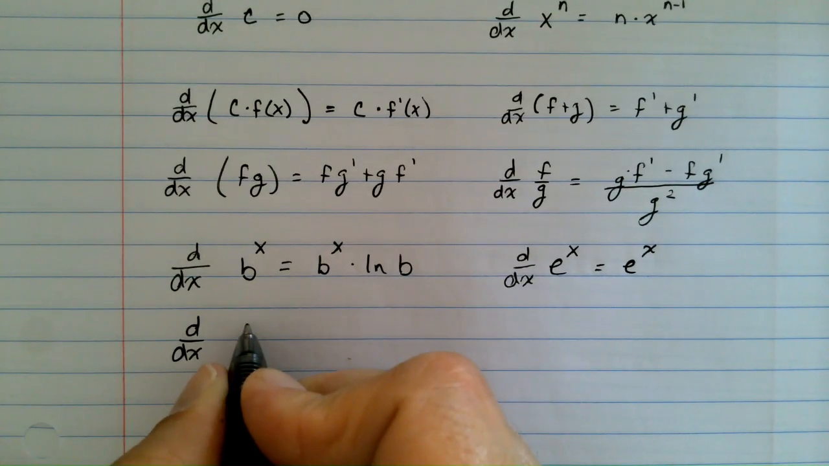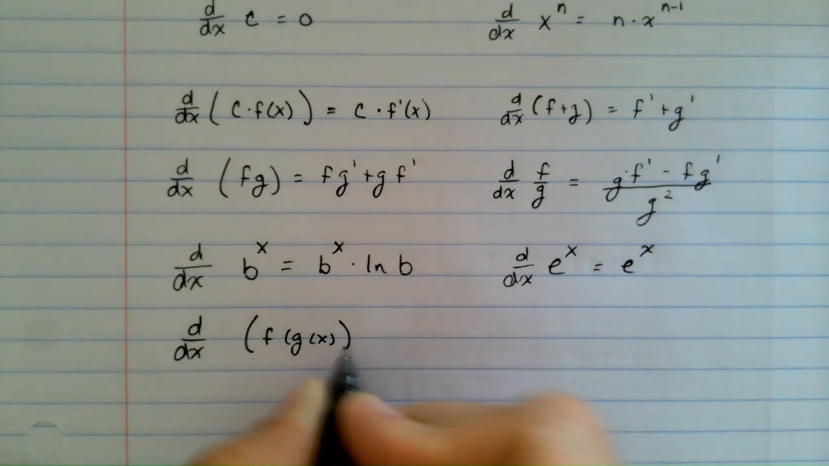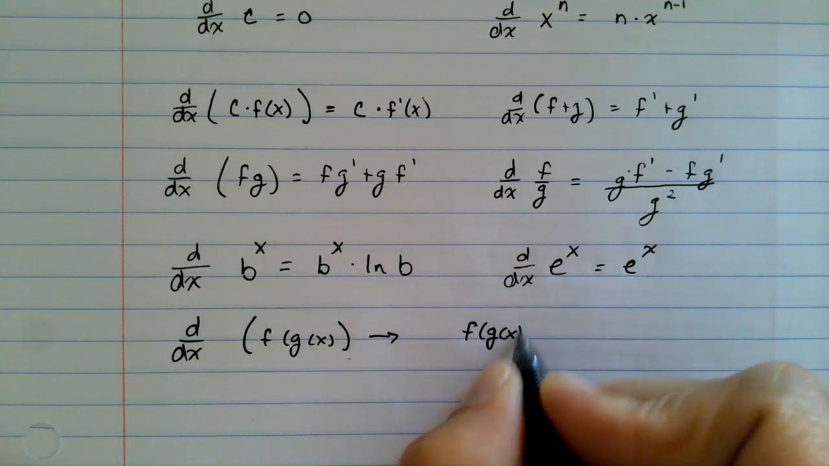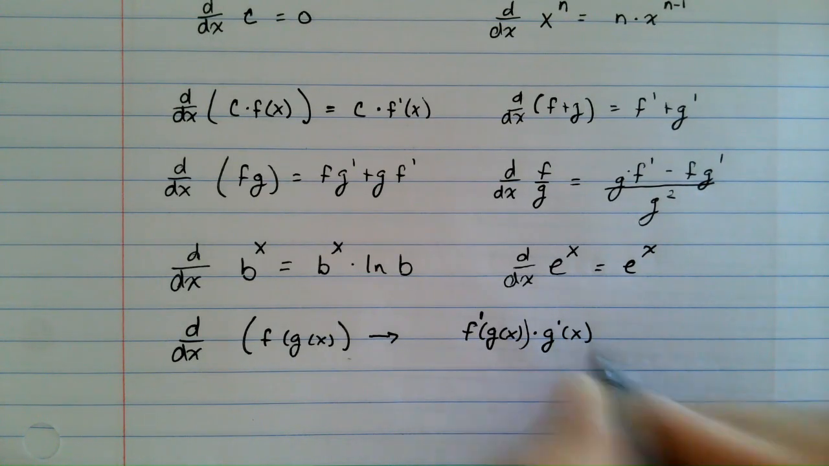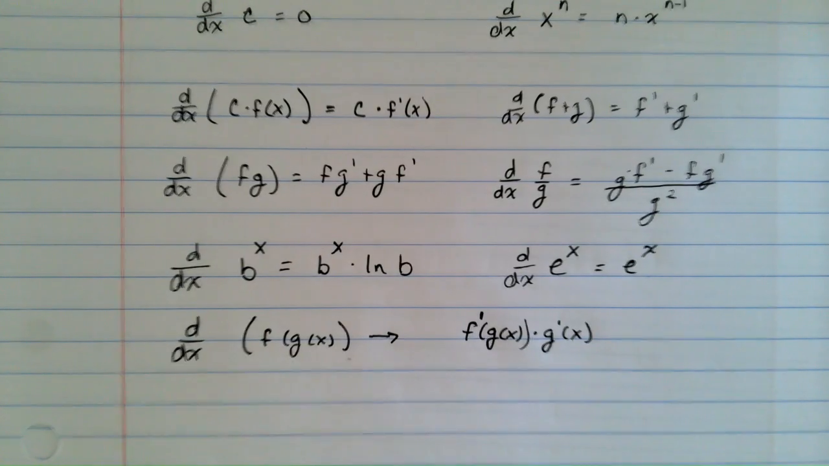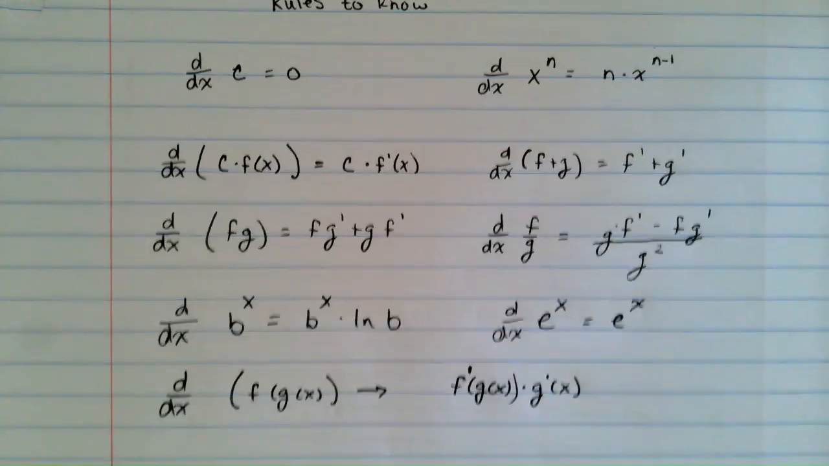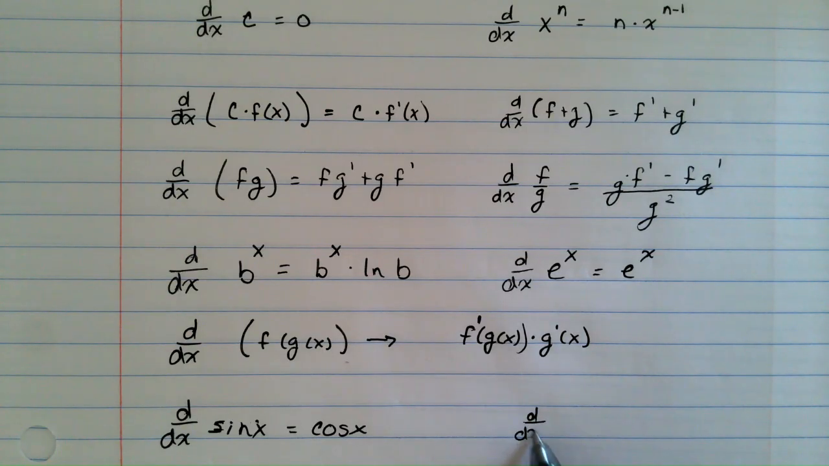And then the derivative for f of g of x is f of g of x multiplied by the derivative. So these are definitely rules to know, and I'll just keep adding on. The derivative of sine is cosine, and the derivative of cosine